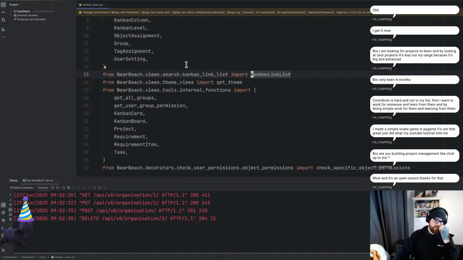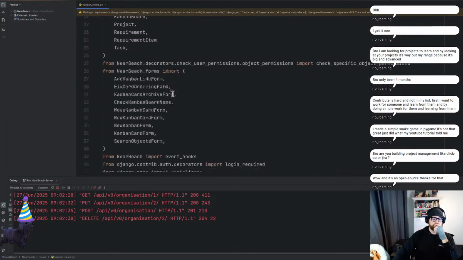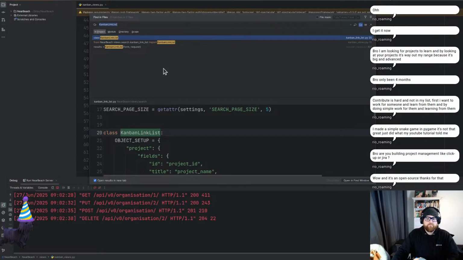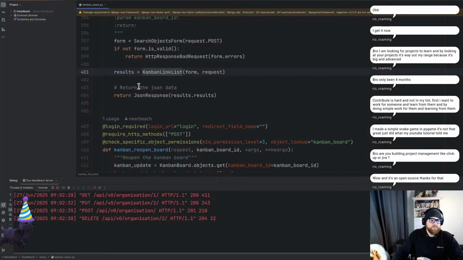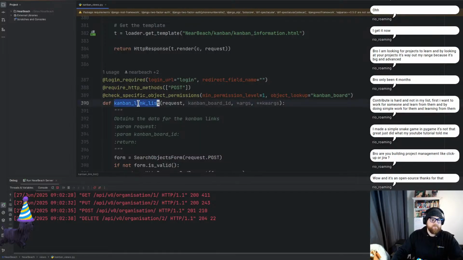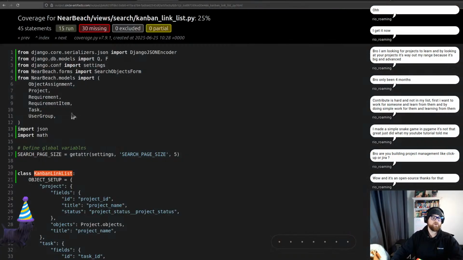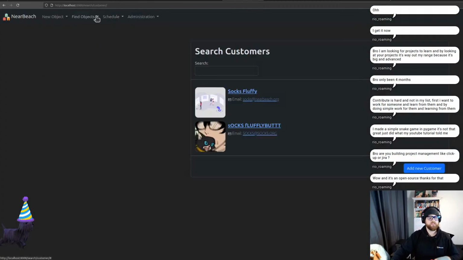Alright, so we use it in here. And we use it down here when we've got Kanban link list. And we've got one usage for this, and that will be a URL. So Kanban information, link list. Oh, I think I remember where that is called. So if we go into this find objects,